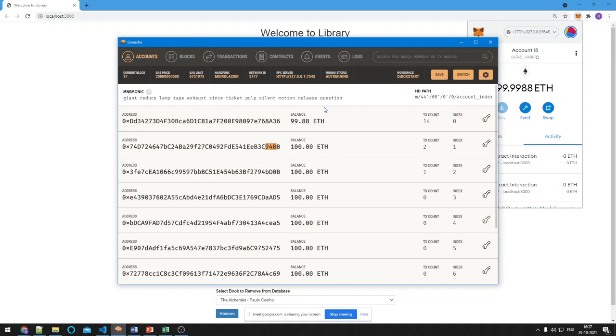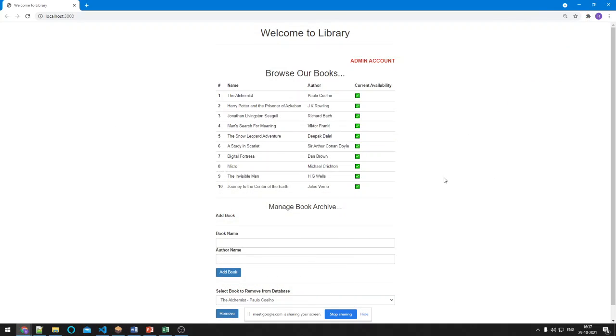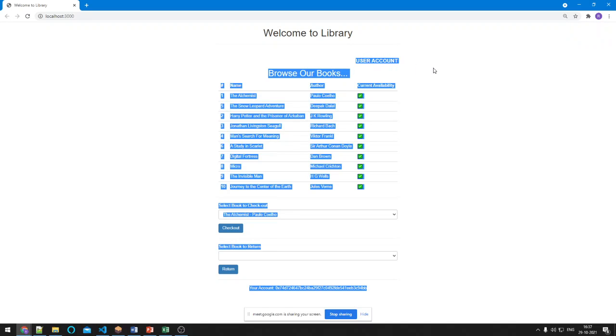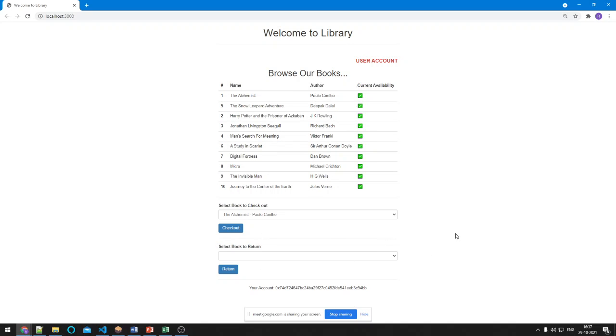If I log in as this user and refresh, look at this view. Instead of the admin account, I see it as a user account. The user account has different actions. So why don't you walk us through it, a look at the user? Let me be the user 94BB for now. Let's say I want to check out the book Micro. So first I see if it is available in the library.